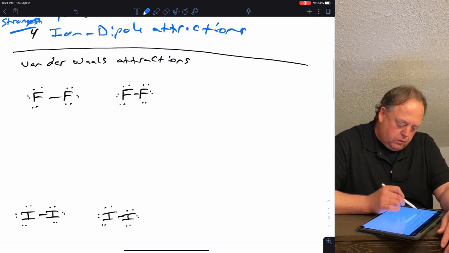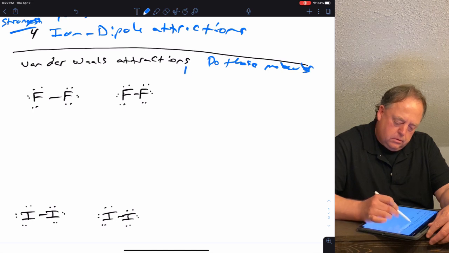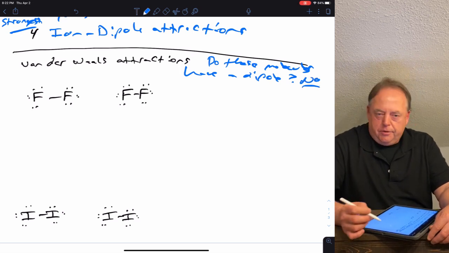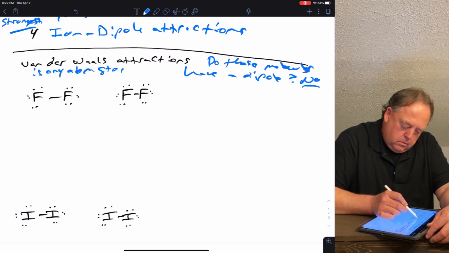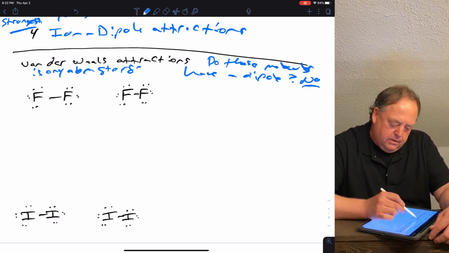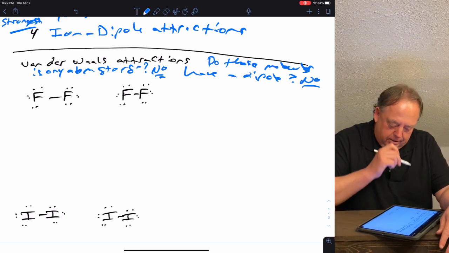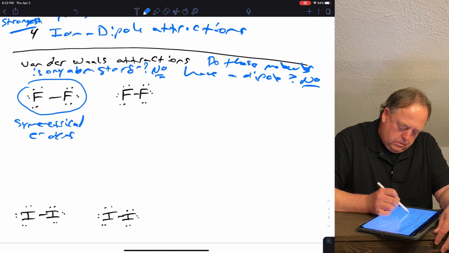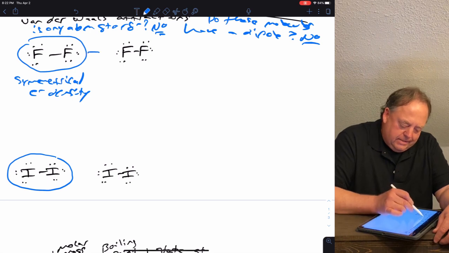If we take 2 molecules, for example F2 and I2, do these molecules have a dipole? The answer is no, they do not. Is any atom partial positive or partial negative? The answer is no, because they're the same atom attached to each other, so the same electronegativity. So you have symmetrical electron density in the molecule, right? That is until